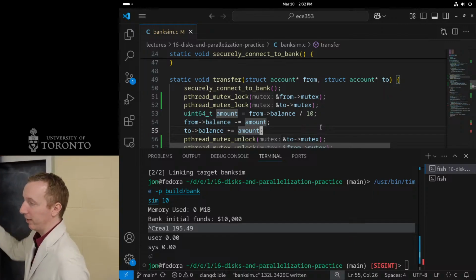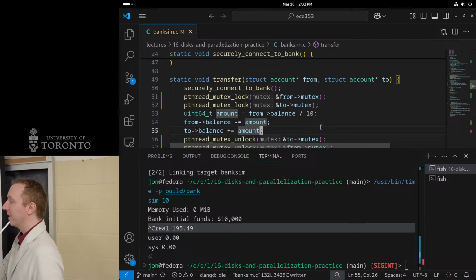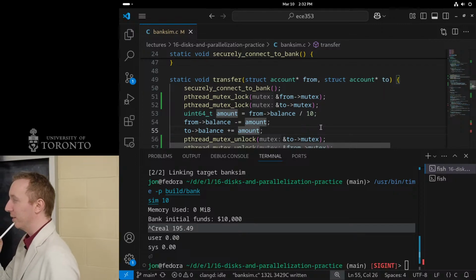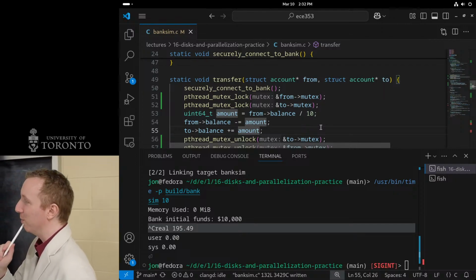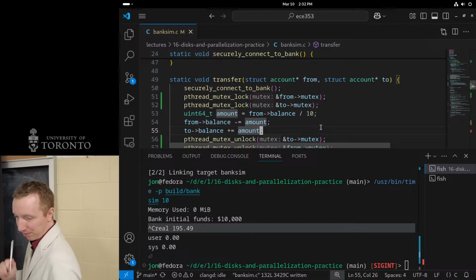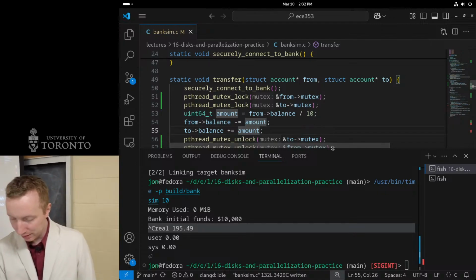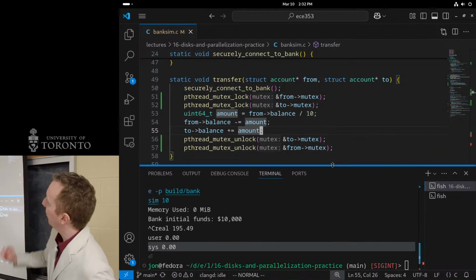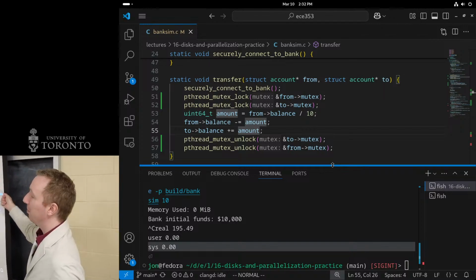So how do we fix it? Yeah. Just lock one mutex at a time? What? Like we're only actually modifying from one line. Yeah, so there's one suggestion of only locking one mutex at a time.